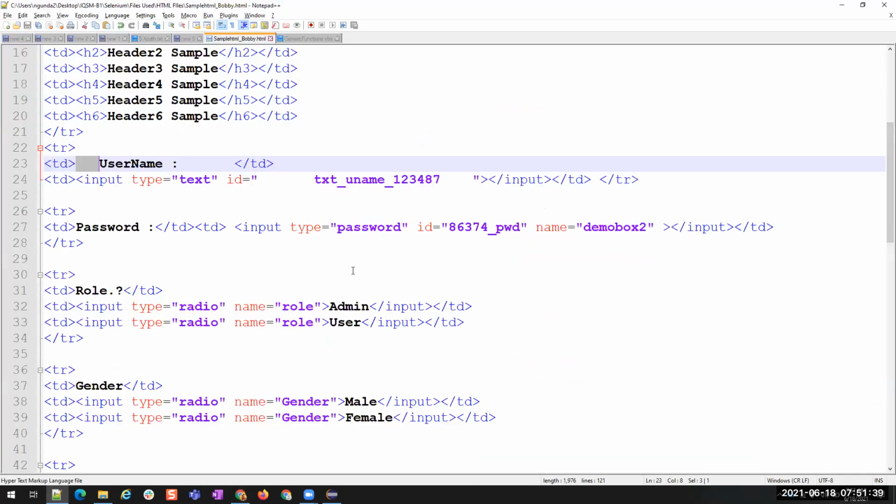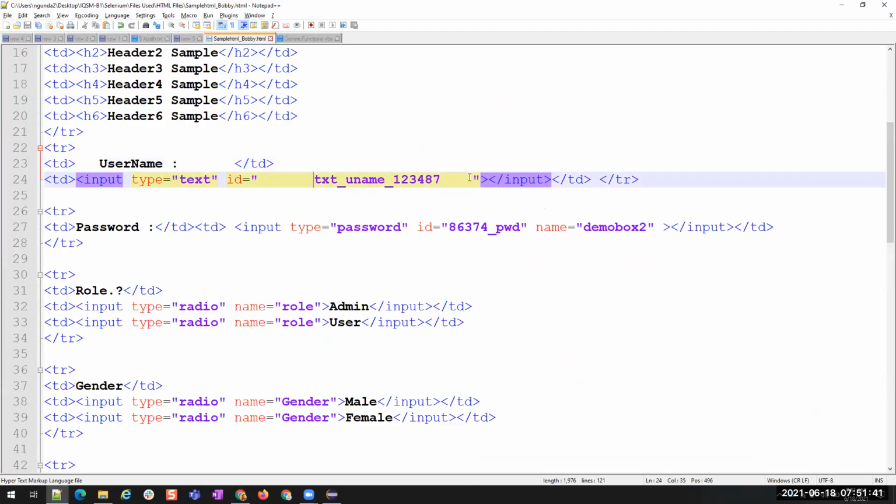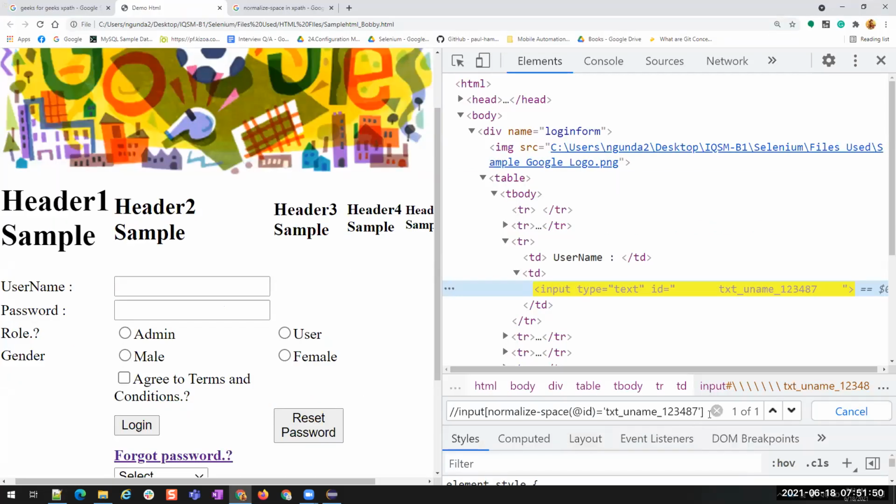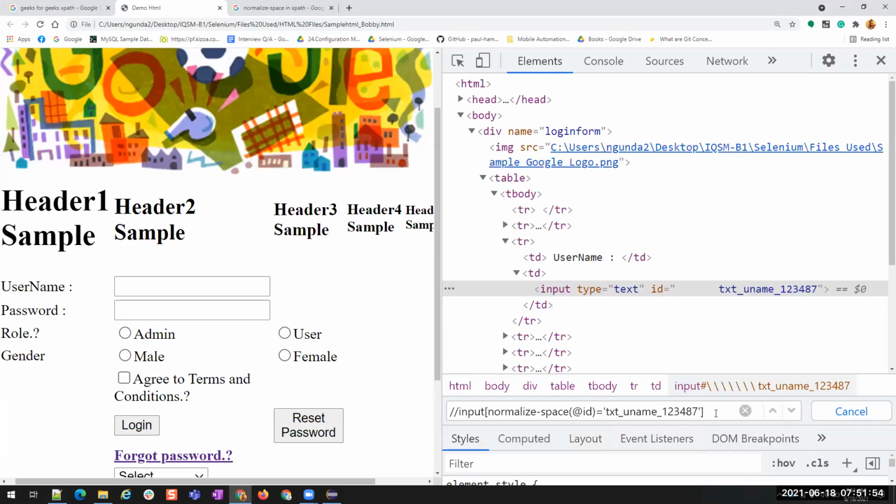Either left side or both sides. It works on both sides, left and right. But I don't want the left one, I want only the right one. No, we do not have such kind of things. Oh, okay. Normalize-space is just removing the extra spaces on the attributes or text, whatever we mentioned here. Understood? So clear?